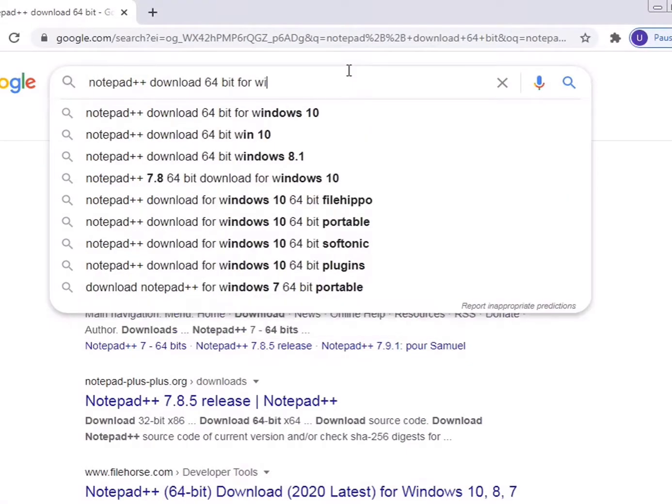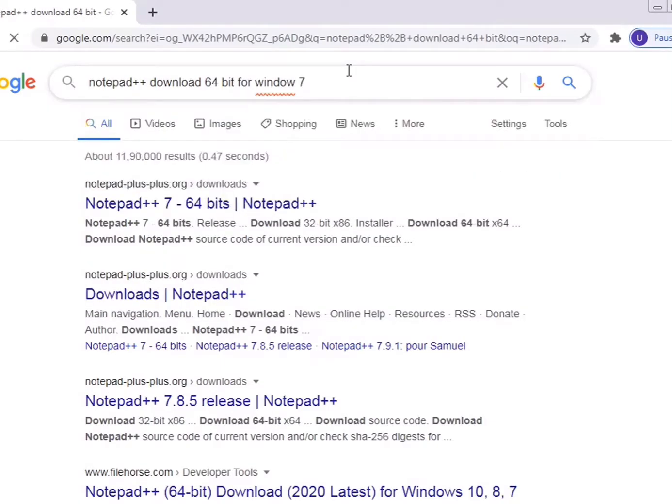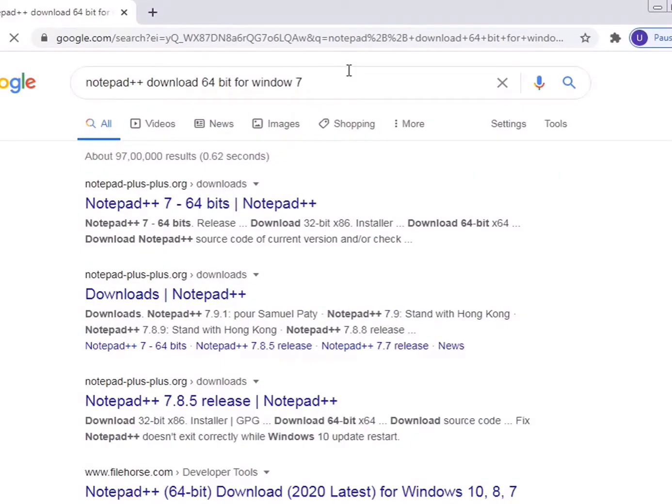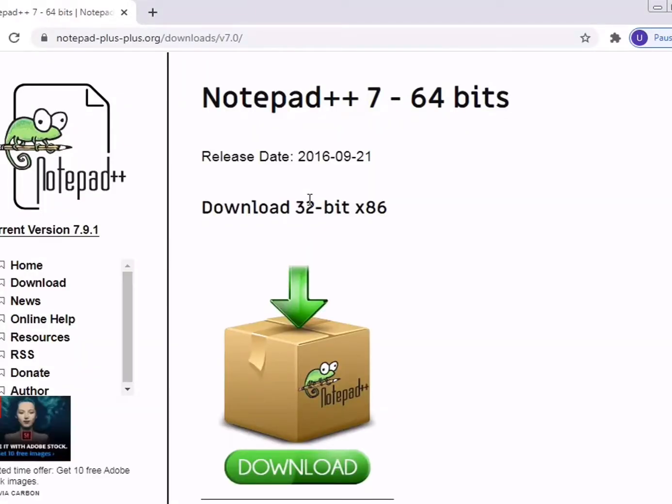My Windows is version 7, so now I will download the Notepad++ file for 7, that is 64 bits. From here you can download the file.